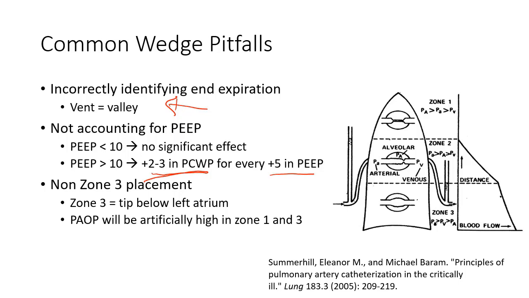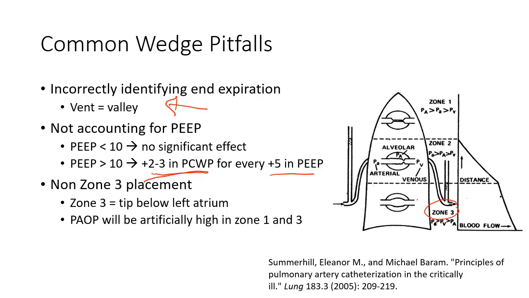And then finally, we talk about West zones of the lung. So if you have a PA catheter tip that's not in zone 3, then your wedge tracing, your wedge pressure that you're getting may not be entirely accurate. What is West zone 3? It's below the tip. The tip is below the left atrium, and the reason that the measurements are most accurate